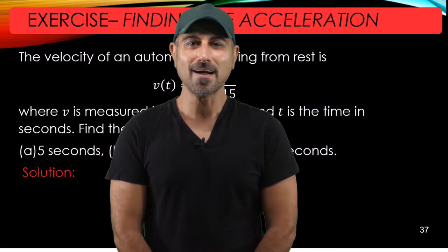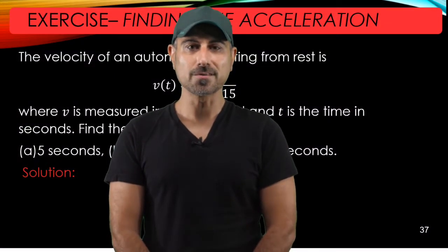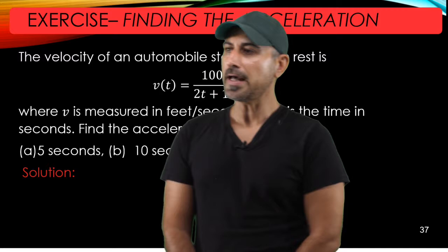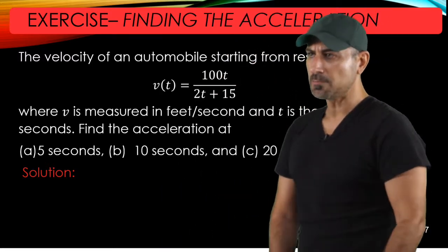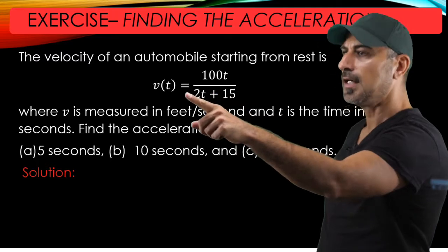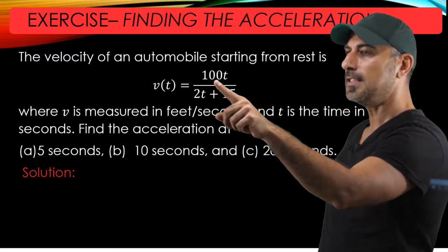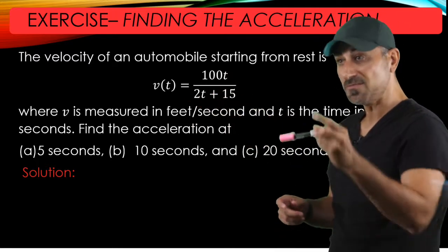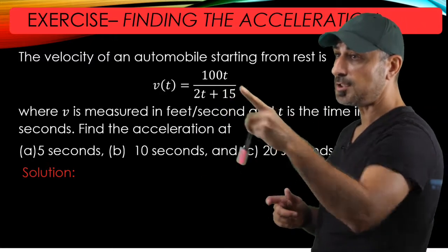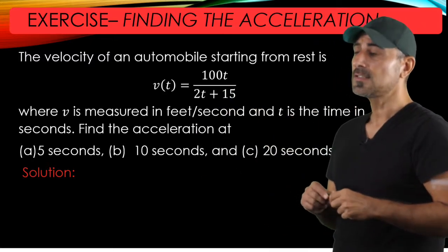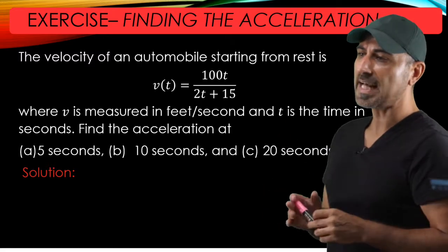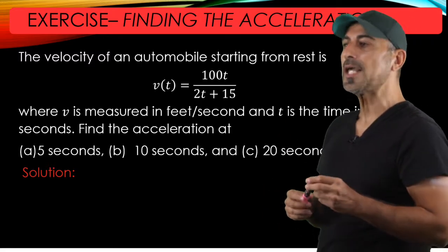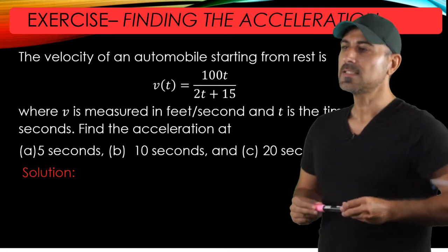Hello, welcome back. We're going to go through another application of derivative, which is about finding the acceleration of a moving object, which comes with the velocity 100t divided by 2t plus 15 feet per second, and time here is in seconds. So what we're going to do is to find the acceleration of the vehicle after 5 seconds, 10 seconds, and